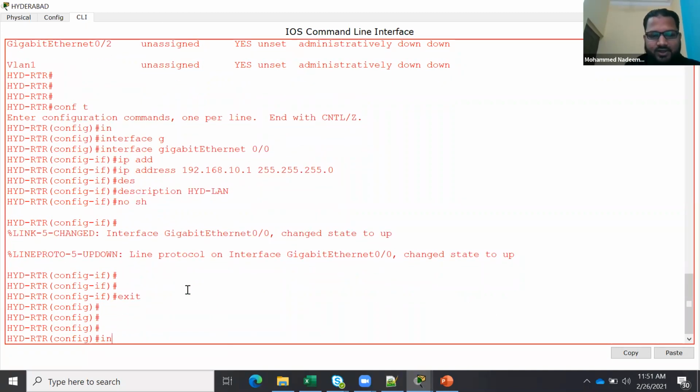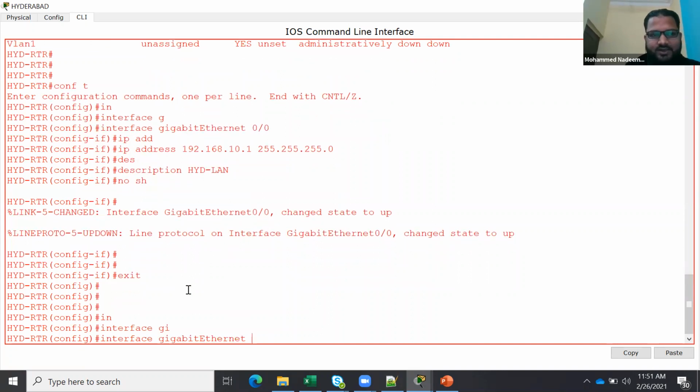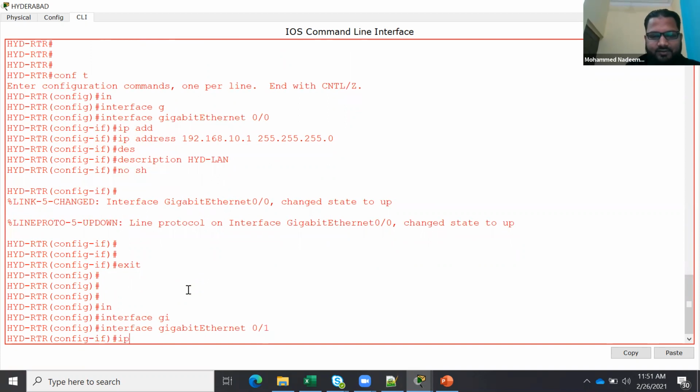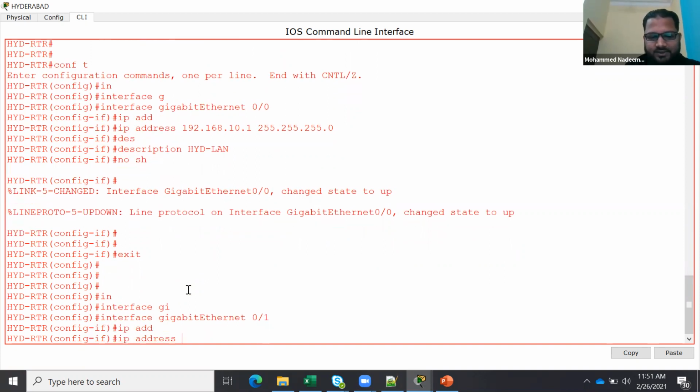Now go to another interface, Giga Ethernet 0/1, which is going to the WAN. IP address 1.1.1.1, as we decided. Subnet mask 255.255.255.0. Here I'm using subnetting. If you use 255.0.0.0, it will be a larger class A subnet.